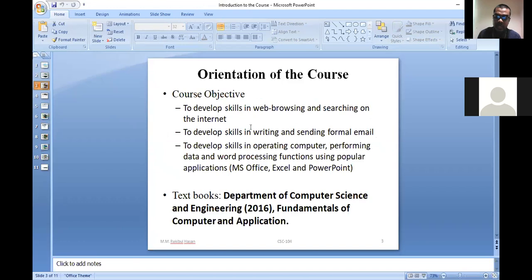That means at first we are going to learn what a web browser is, the importance of a web browser, and the basic user interface of a web browser. As well as we are going to learn how we can use a search engine to search something in the internet. Especially we are going to learn how we can do advanced search in the Google search engine.